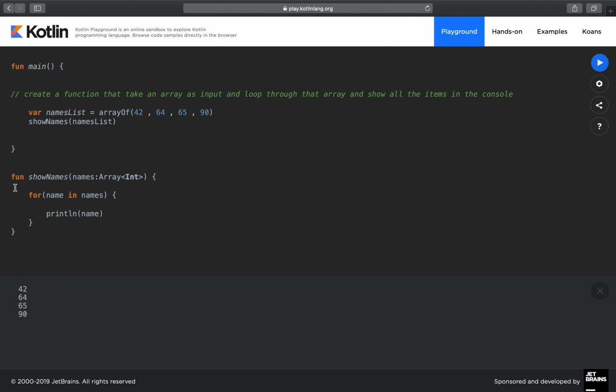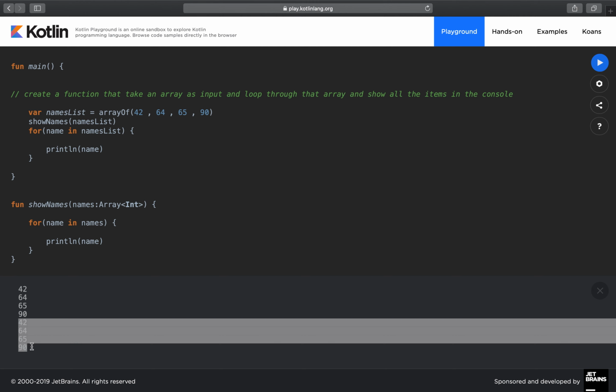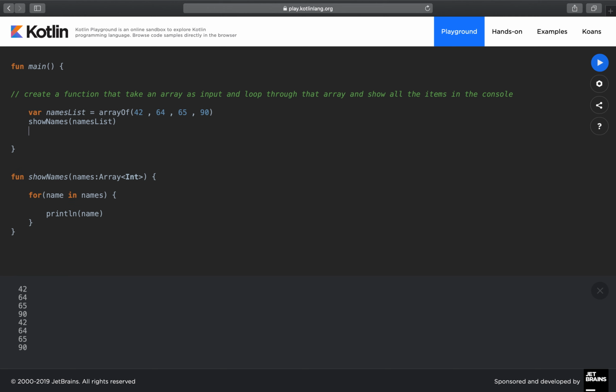Of course what you can do, for example, is cut this for and paste it right here, and instead of giving it names, we can give it namesList like so. But I want to show you the organized way of doing stuff. We are getting the same result, like so, but this is not very practical. This is just a repetition. This is really the best way of doing it, which is to